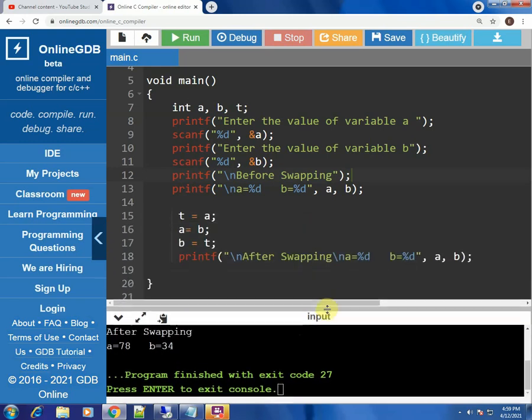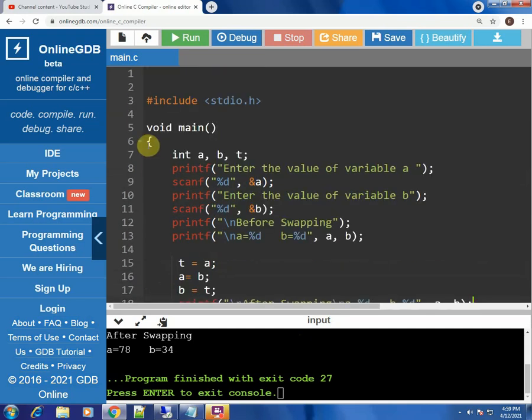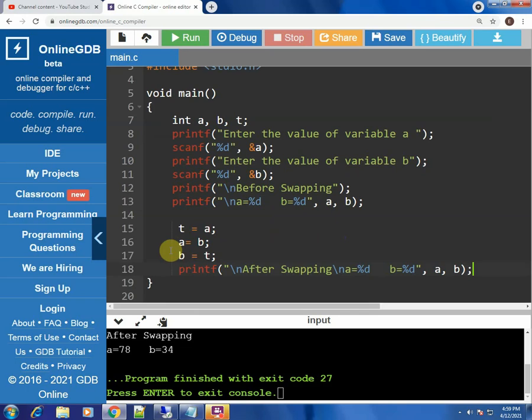So this is how the program, it's a very simple program for swapping the values of two variables, and this is how the code is for the same. You all can try it out on your screens or in your compilers. You can use any compiler for doing this task, and you can make various changes. Like if you see these two lines I have put separately, whereas this line I have put in one printf statement.